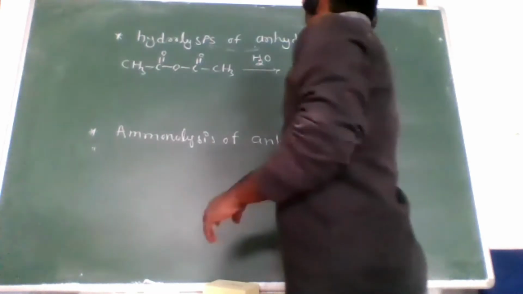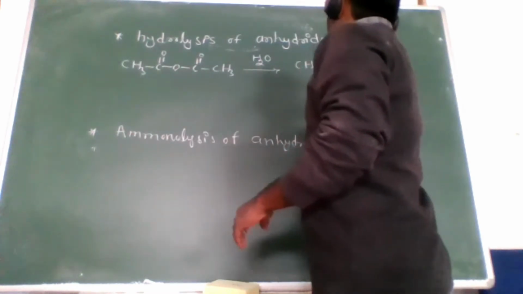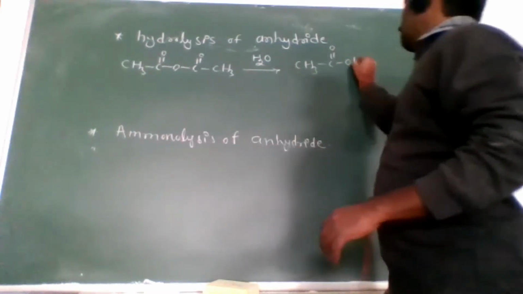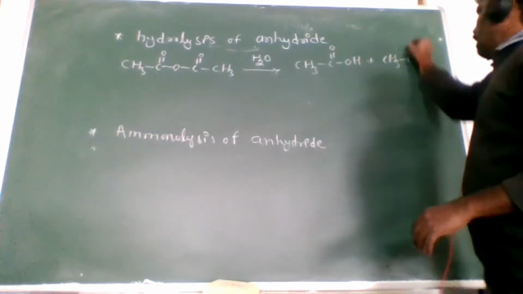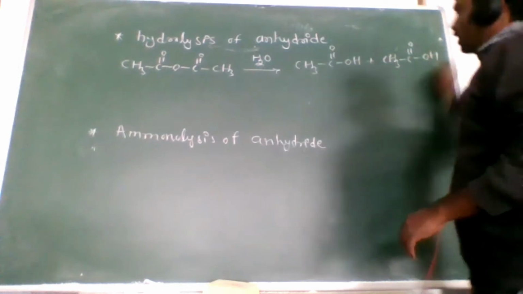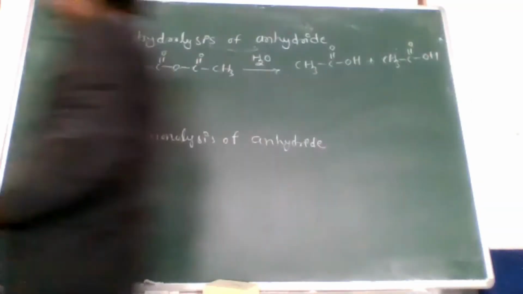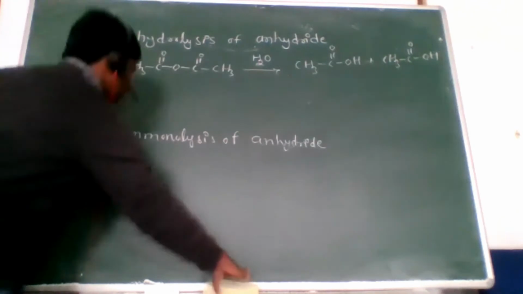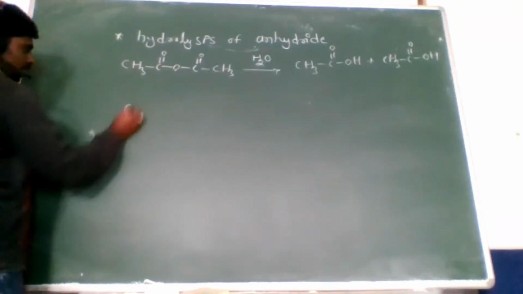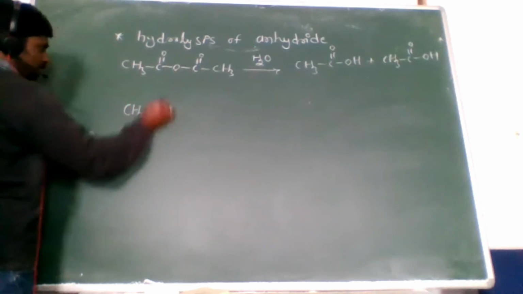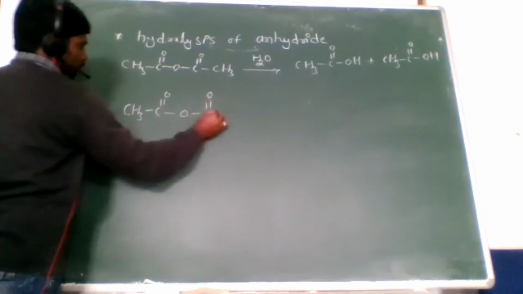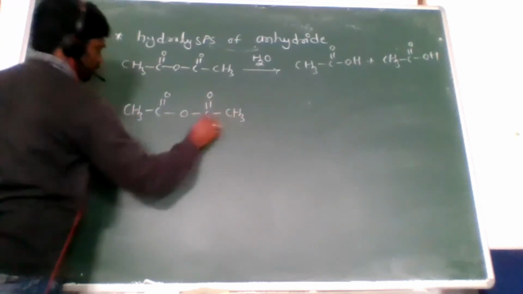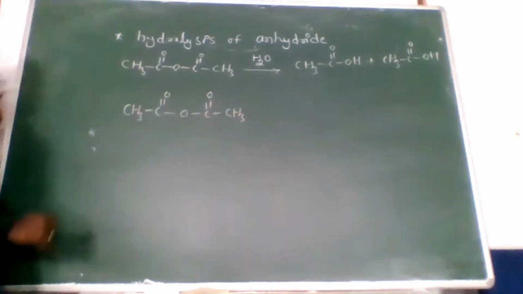Here is the formation of carboxylic acids. What will we get here? 2 moles of carboxylic acid we get from that hydrolysis. So how do we get it? Look at here. Now I go to the mechanism. See, first of all, I write the acetic anhydride. This is the acetic anhydride. Okay, clear. C double bond O, CH3, and in between these two there is an oxygen.